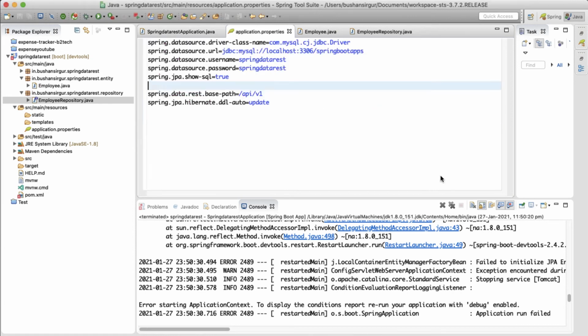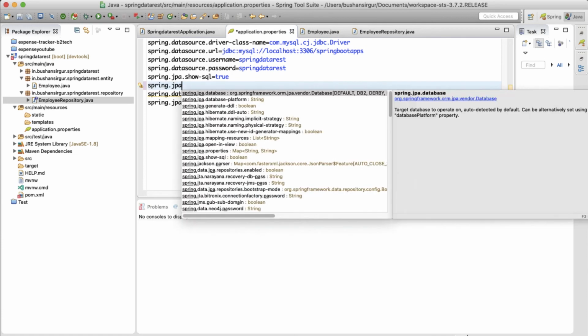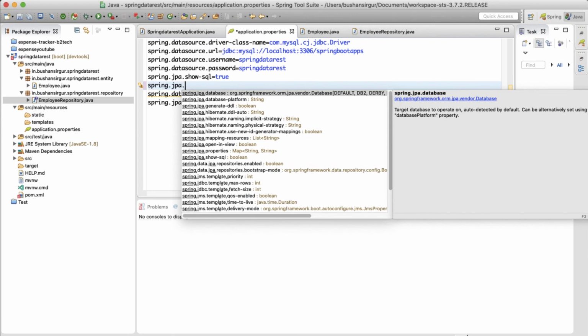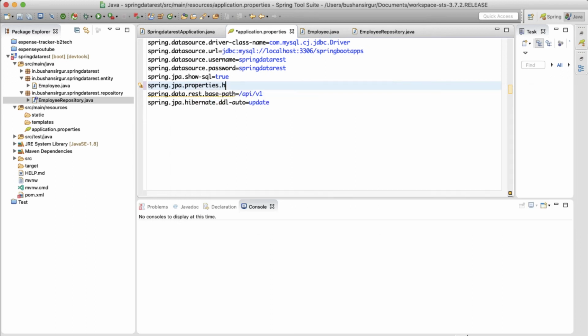So let's go to the application.properties and set the dialect: spring.jpa.properties.hibernate.dialect is equal to org.hibernate.dialect.MySQL8Dialect.